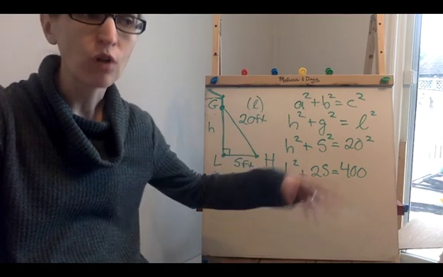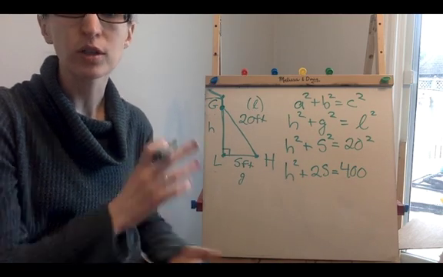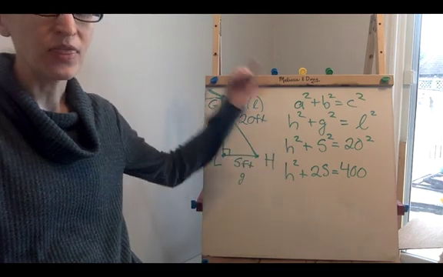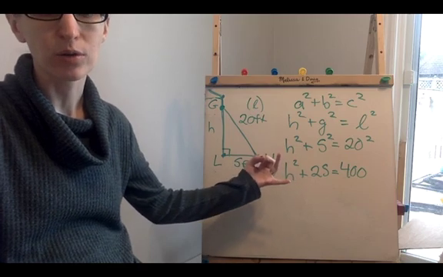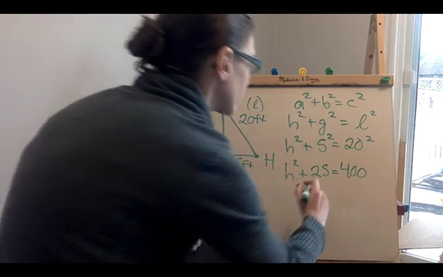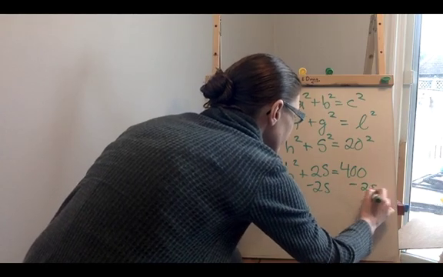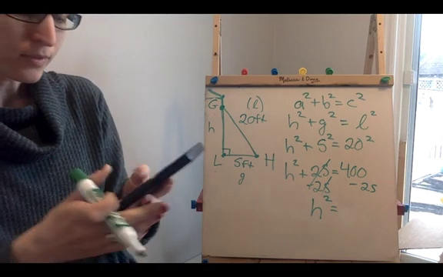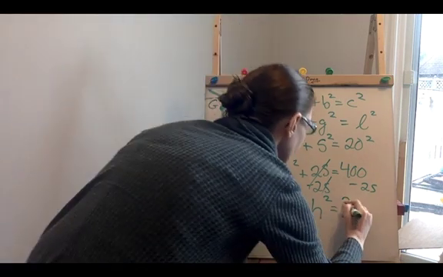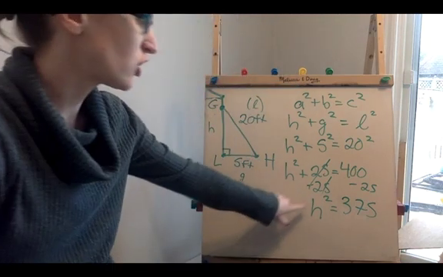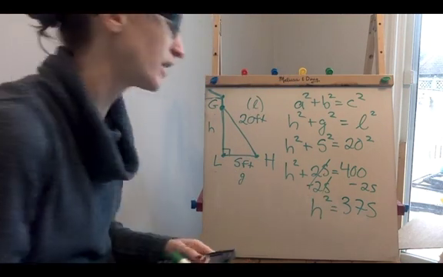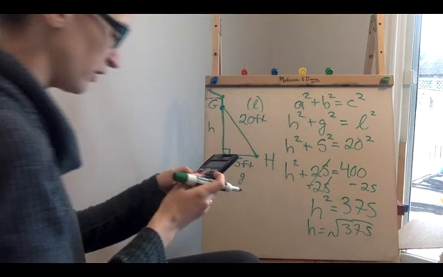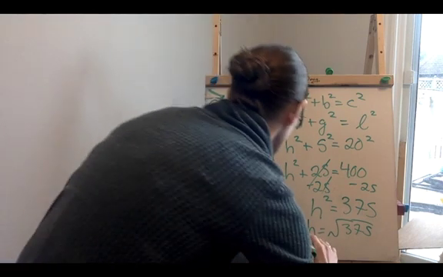So with math, when you're solving something, you're undoing those operations, doing the opposite. If you think about the order, h is being squared, then 25 is being added onto it. Let's work backwards. So if I want to get rid of adding 25, I subtract 25 from both sides. Then that would be 0, and I'm just left with h squared, and 400 minus 25 is 375. h is still being squared, so to undo a squaring, I square root. So h is the square root of 375,